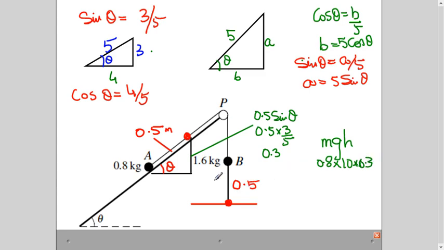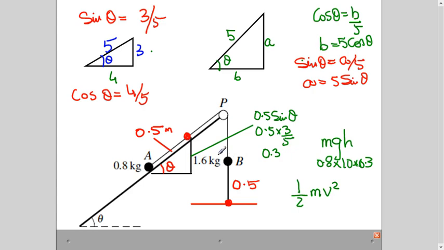So I will just solve all this. I'm giving you the idea here. And this is potential energy. Now kinetic energy, when it goes from here to here, whatever the speed will be here will be your gain in kinetic energy. And the formula is half mv square. But we don't know v, we have to find out v.